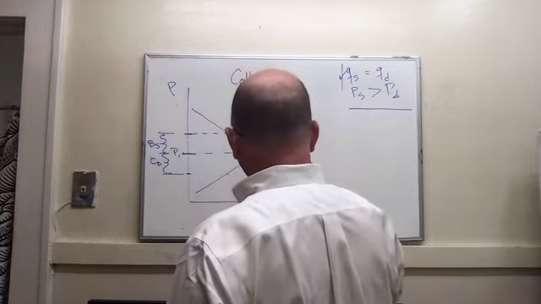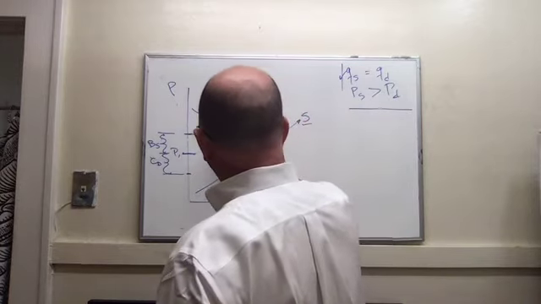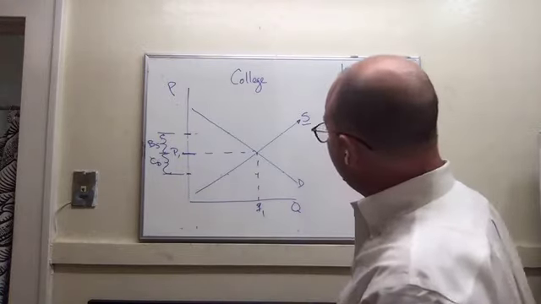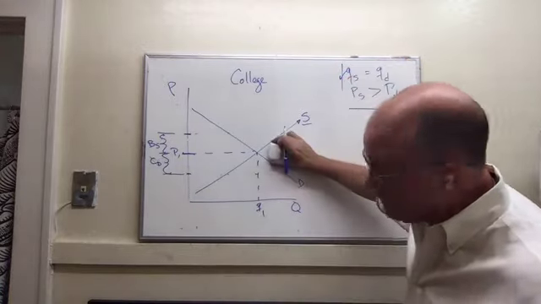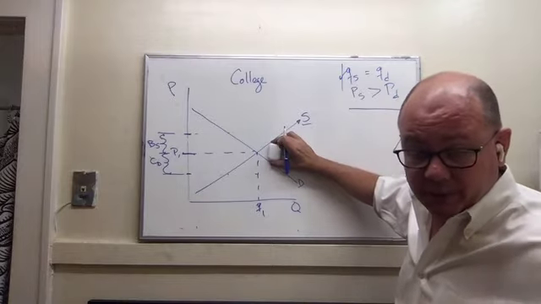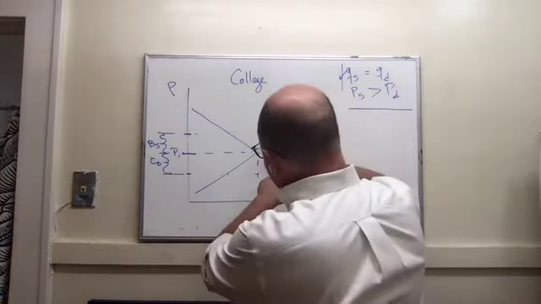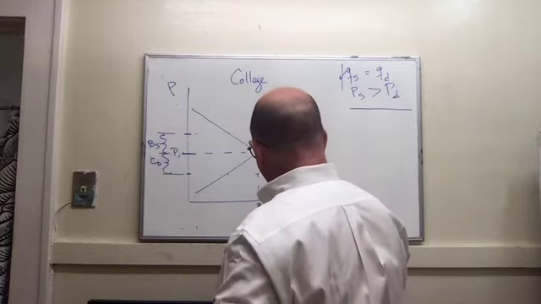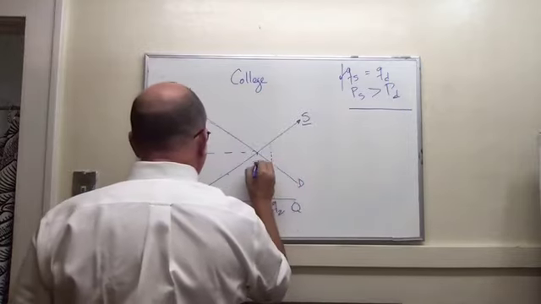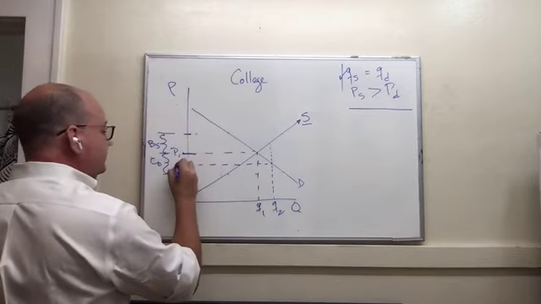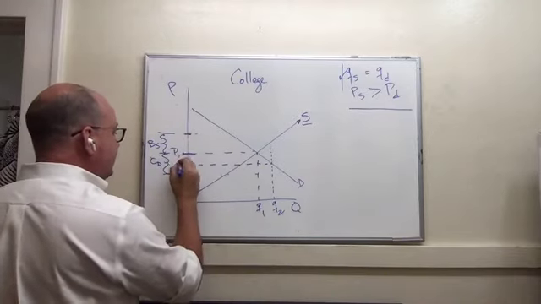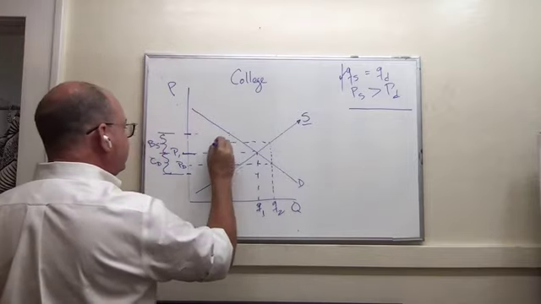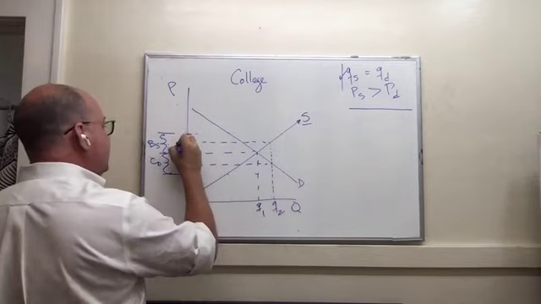Well, it turns out that we're going to be stable when the vertical distance here, the gap between what consumers give up and producers receive, is exactly equal to the subsidy. At that point, consumers are going to consume this quantity here because this is their cost. And producers are going to produce this quantity here because